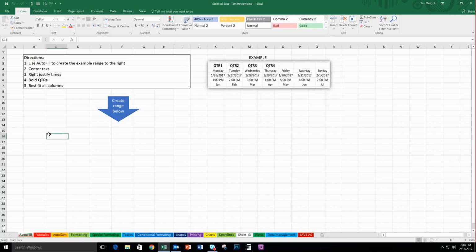So to do one that's like a column in this example, just very quickly, quarter one, let me spell that exactly right, QRT1. Then I'm going to fill out the rest here. Just still need to add the time here, 1:00. I'm going to do a space and then hit a P. And when I hit enter,